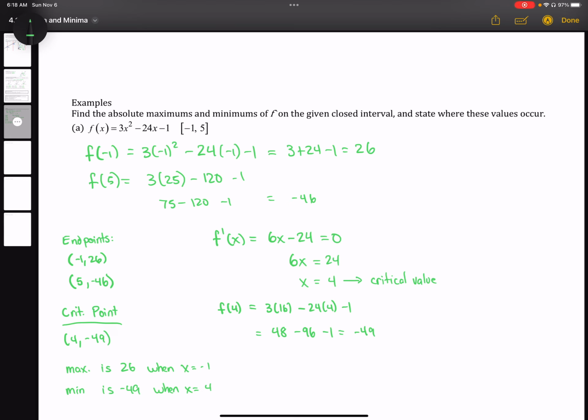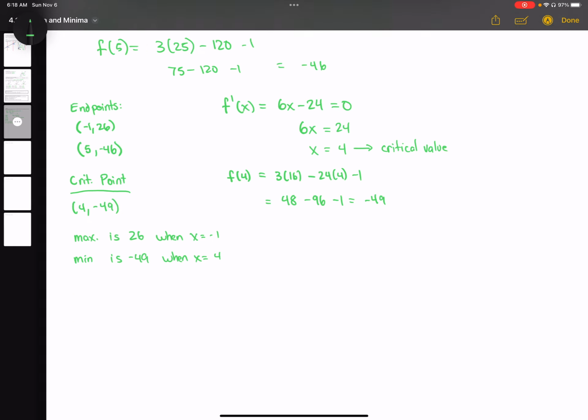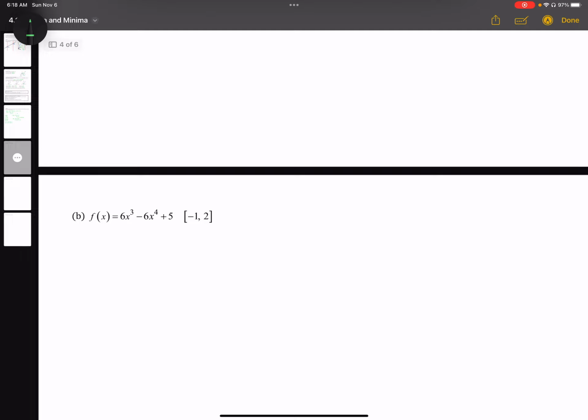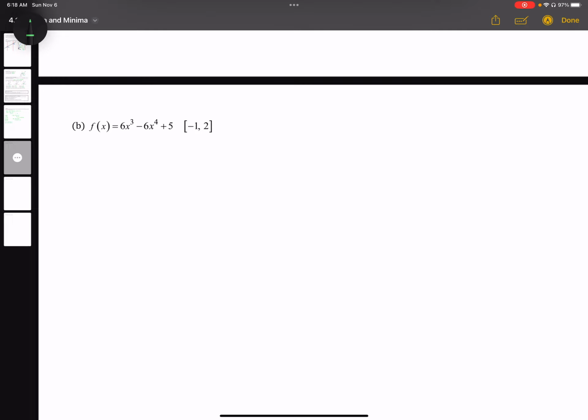But the whole point of calculus is that sometimes we don't have graphs, and we have nice calculus methods for doing this stuff. So for number 2, we have the function 6x cubed minus 6x to the 4th plus 5. If you want, I recommend pausing the video, seeing if you can come up with the answer without me, and then jumping back in to see what I get. So first, let's